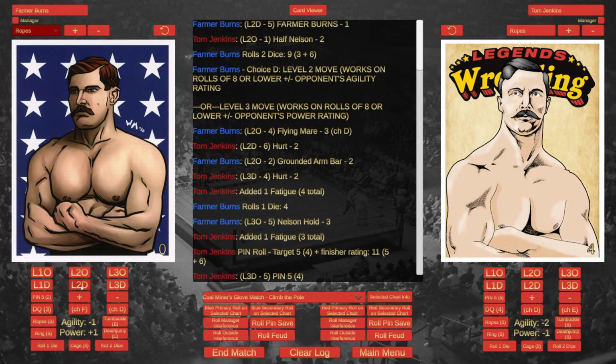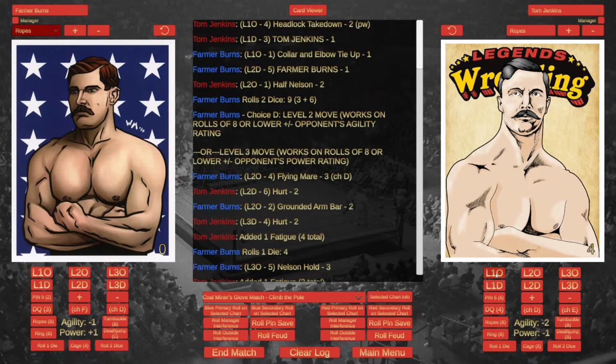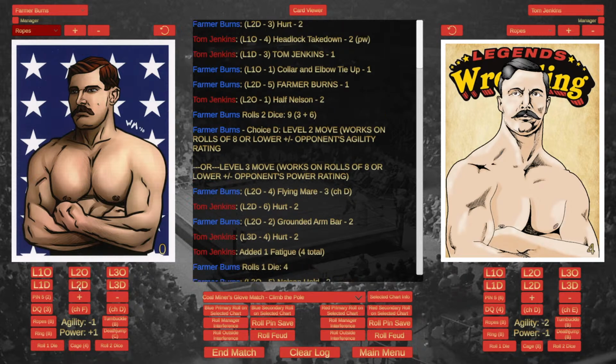Jenkins grabs that half Nelson. And Farmer Burns breaks it and takes control. He's got him in a collar and elbow now. And Jenkins breaks the collar and elbow. Headlock, takedown, power move. He's got the power. So that is going to be successful. And Farmer Burns is